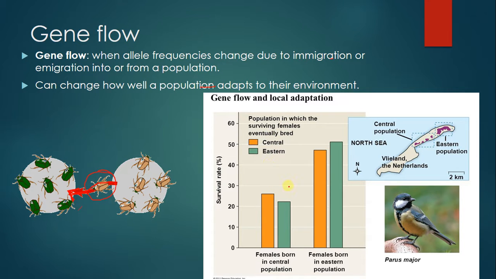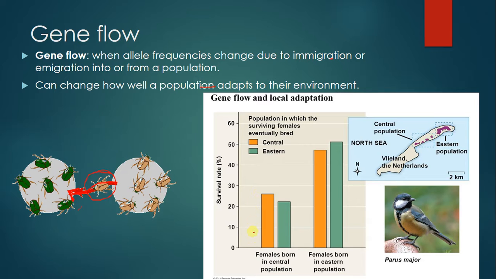The central population and the eastern population are different populations of Parus major birds on this island in the Netherlands, and they were found in two distinctly different areas, the eastern and the central areas of this island, hence their name. But you can see that the females born in the central population, right here,